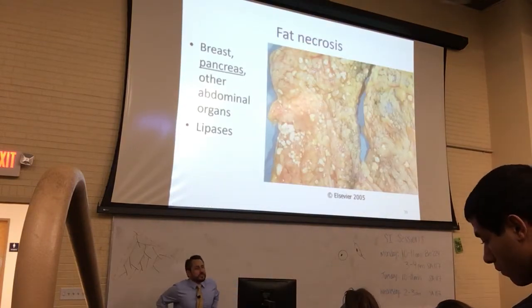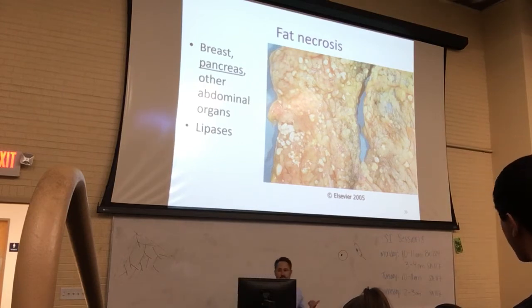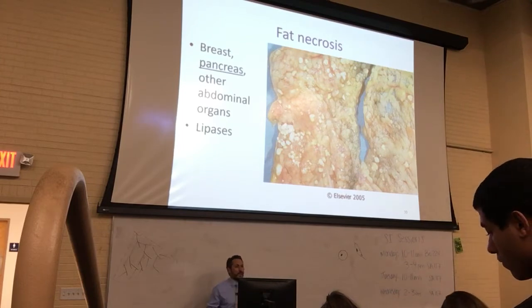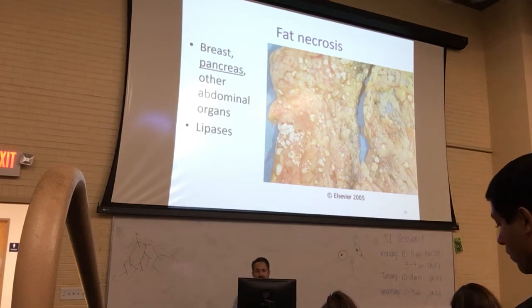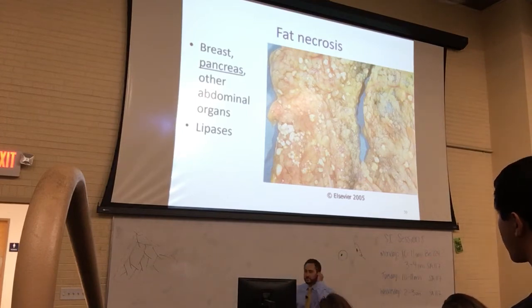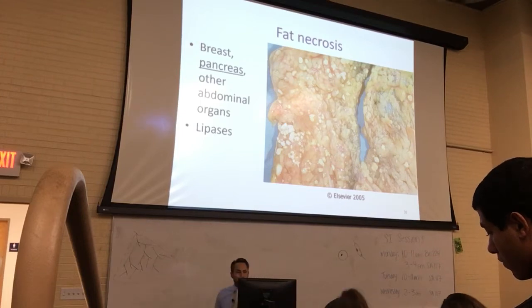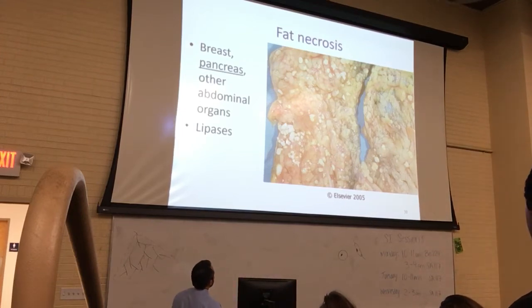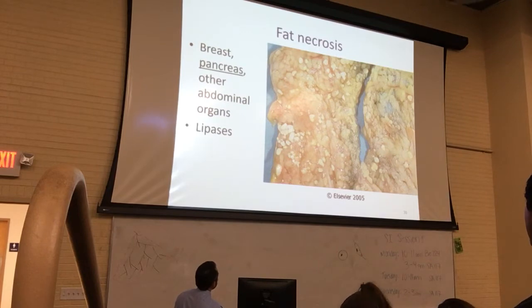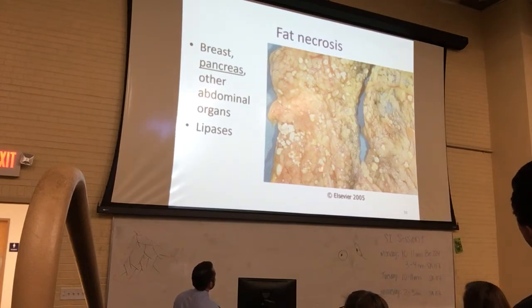Fat necrosis. This is an interesting one. It usually is targeting tissues that have a high fatty content, like breast tissue, pancreas, a lot of abdominal organs. There's a lot of enzymes or lipases that are present in fat tissue to break down the fat, recycle the fat. And what you're looking at is fat necrosis with these nodules of necrotic tissue that look like these little stones that are scattered, these light-colored stones. Like here's one right here, here's one right here,